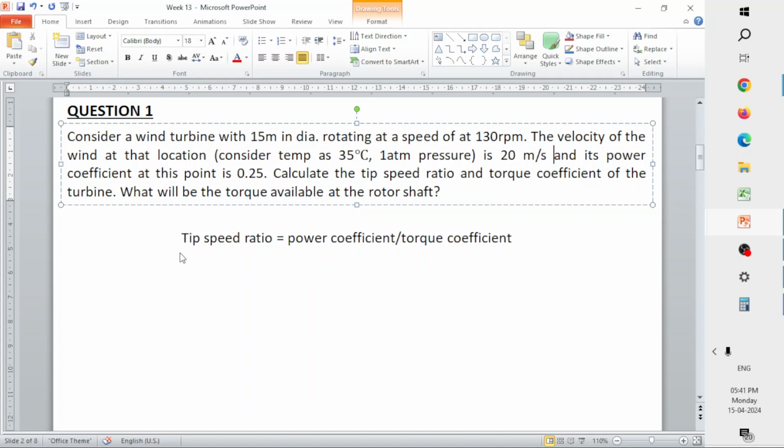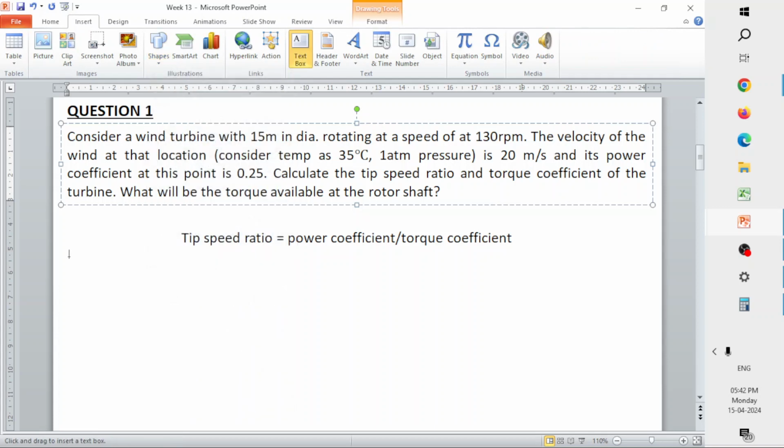We have made sure that the problem is quite lengthy, so that you get practice while solving, like calculating the value of omega in radians per second, and the density. As you keep solving, you will get practice on those two aspects. So let's calculate this question like yesterday how we calculated. The model is very similar.